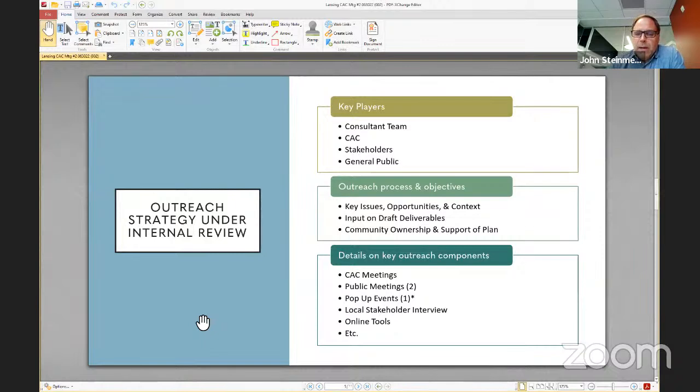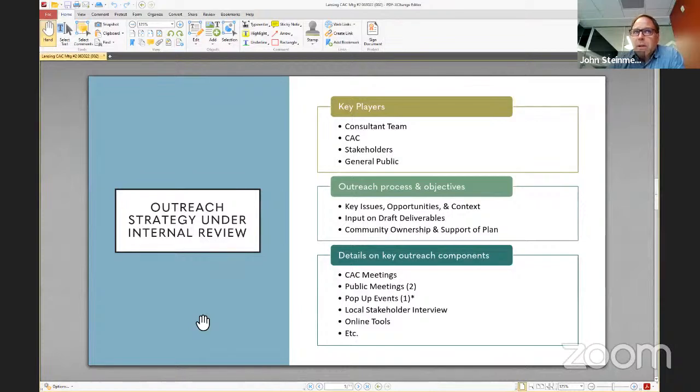We want to obviously get input on our draft deliverables from the CAC, then also outreach to the public later on in the process. And we've changed that process timeline. You'll see that in a little bit. We want to make sure that our outreach strategy gets the feedback that we need. And I say we, the collective we, not just the consultant team, but the CAC as well, on the items we produce throughout the process. And ultimately, best case scenario, we can instill some community ownership beyond the group that's on this call in support of the plan and its recommendations over the long haul, over the next 10 to 20 years.